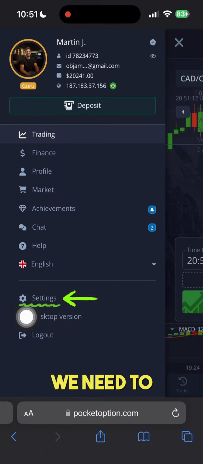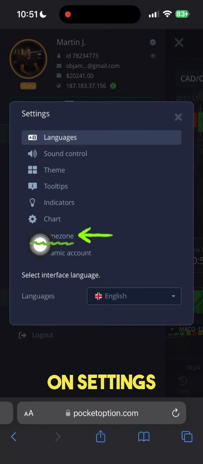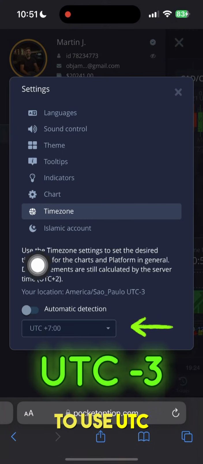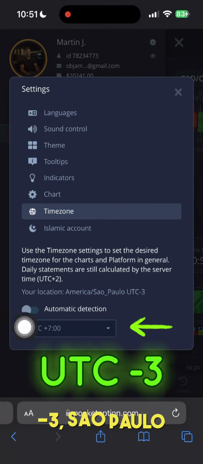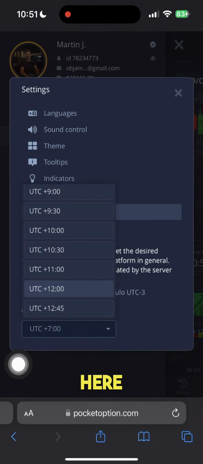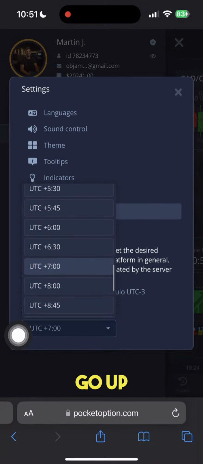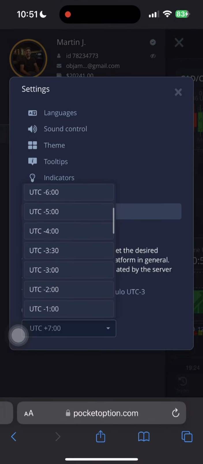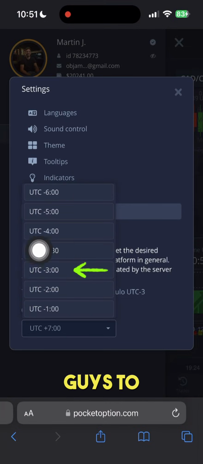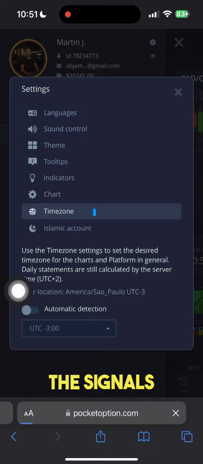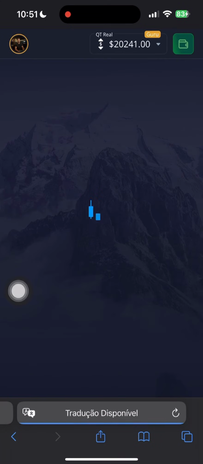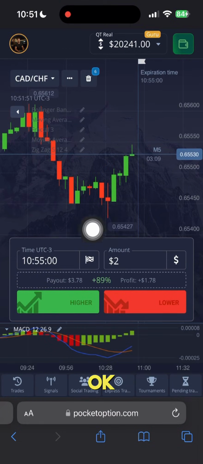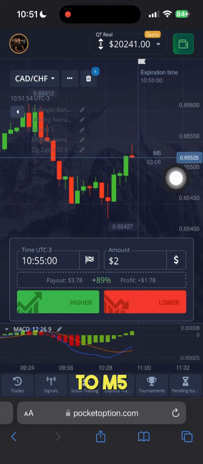First of all, we need to change the time zone. Click on settings. Now the time zone, okay? And we need to use UTC -3 São Paulo, okay? Select it here, go up, and select UTC -3. You need to do this, it's very important, guys, to copy the signals, okay? Right. Now you have configured your time zone, okay? Select the time frame to M5,